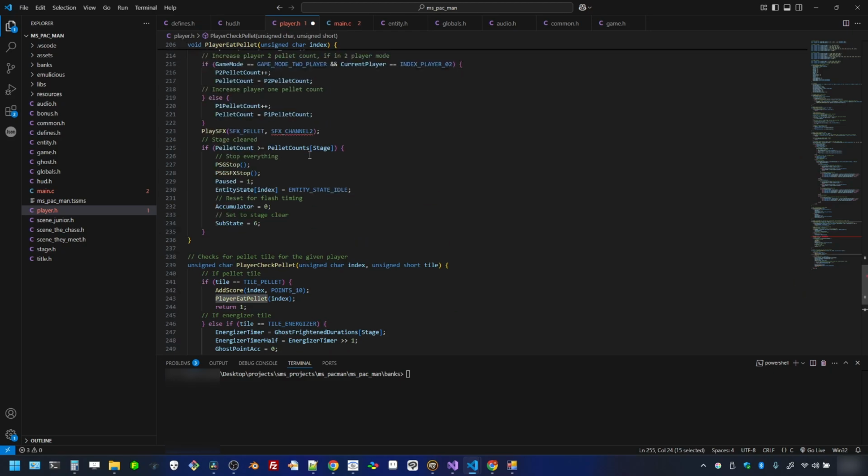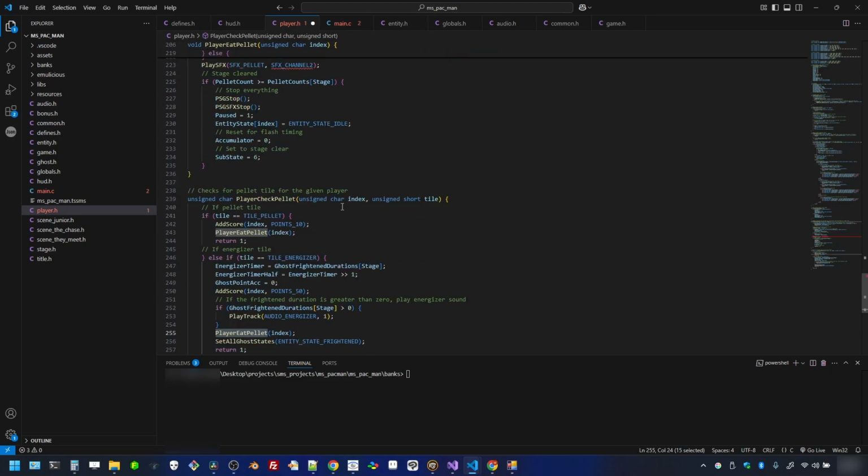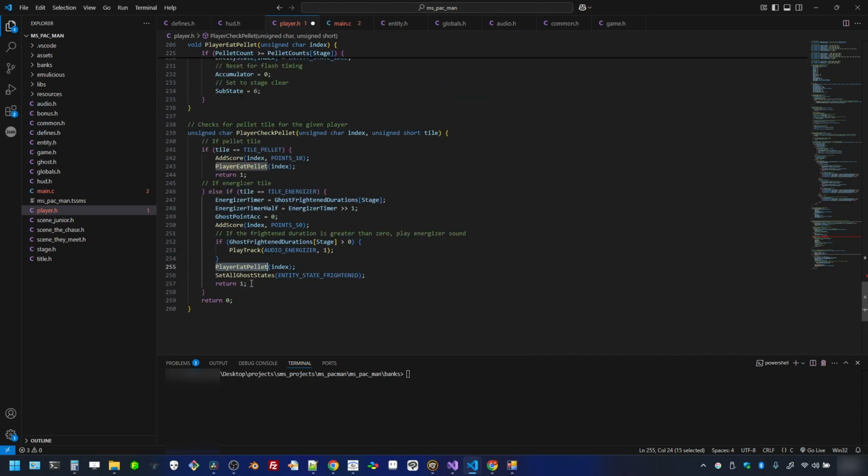Player ePellet, again, same thing that we did before. So we're going to do all that business. And then set all ghost states. So what this will do is it'll make all the ghosts in the frightened state once we eat this energizer. It'll also set up some other additional data based off of this. And then we're going to return 1